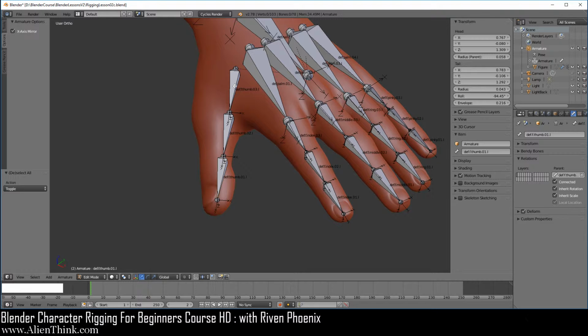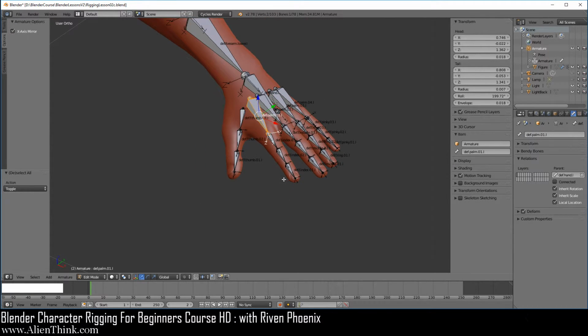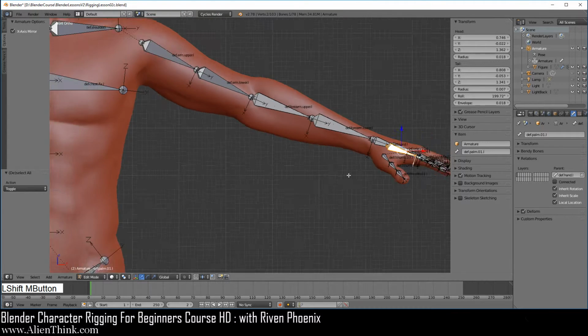Now here I'm just going to show you that if I click this, remember these bone roll numbers actually don't matter right now. I'll just click them so you can see, because we're going to be adjusting them again. So you can just pause the video to look at these numbers if you're interested in what these numbers say. Okay, anyways, we've got that established.